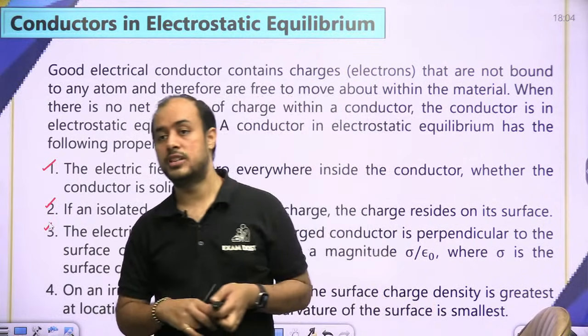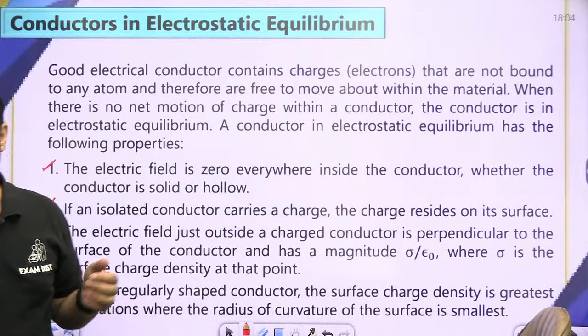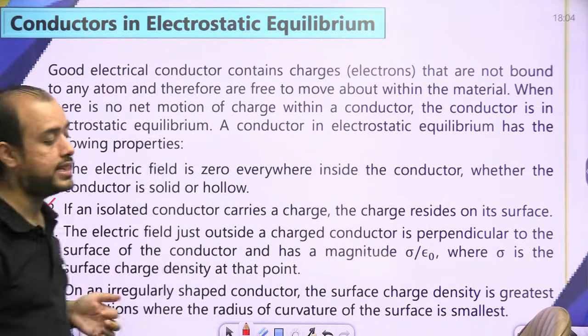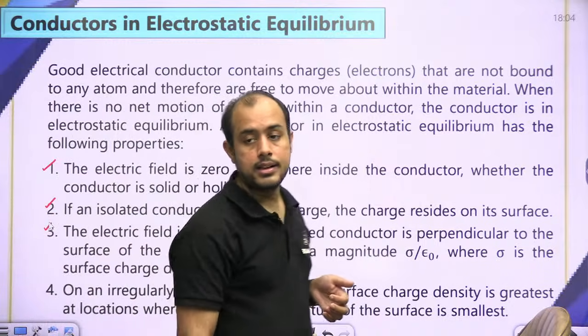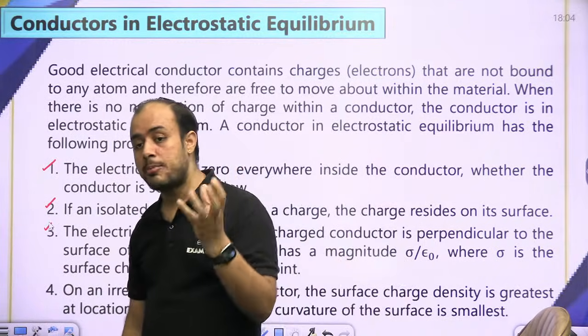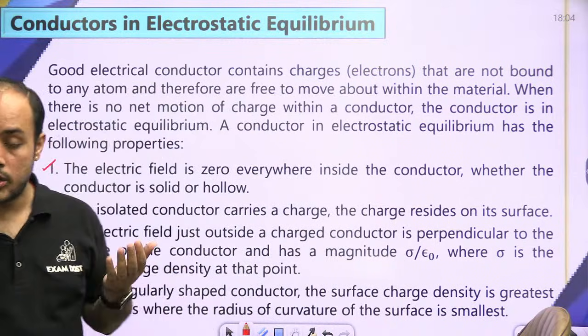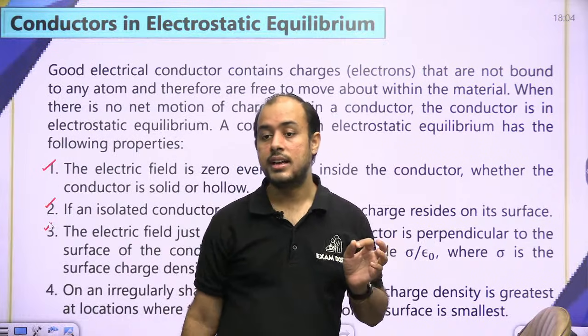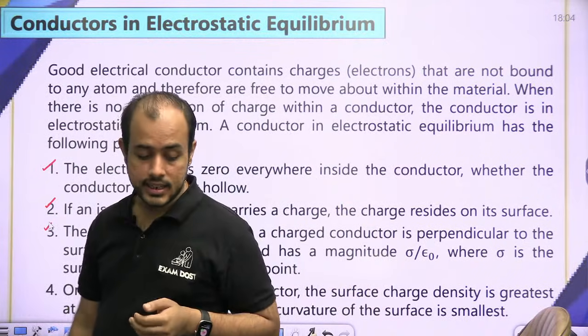Whatever electric field you derive, it will be perpendicular to the surface of the sphere, and it will have a magnitude sigma by epsilon, where sigma is the charge density at that point. So now beta, when the shape of a conductor is not uniform, माने जैसे एक sphere होता है, it is same at each and every point, but if it is not spherical, है ना, जैसे मान लो